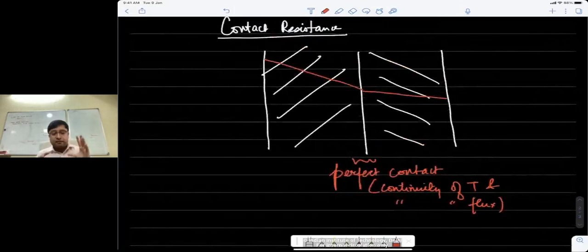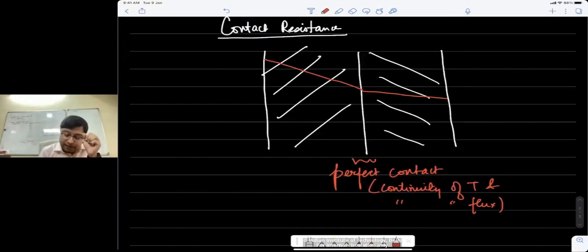If you have two slabs, by using the equivalent electrical circuit, we are saying that the temperature is the same where the two slabs meet. But also we are inherently saying that the flux, which is the measure of the heat transfer rate, is also the same. So it's the same heat current passing through the two slabs. It doesn't change. But in reality, this kind of perfect contact doesn't exist.